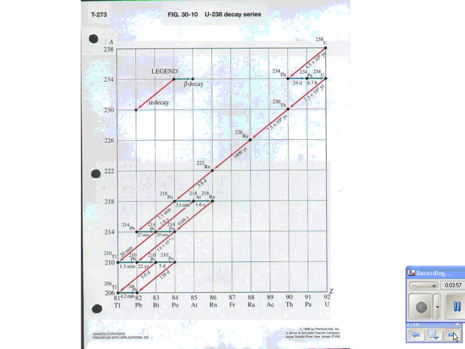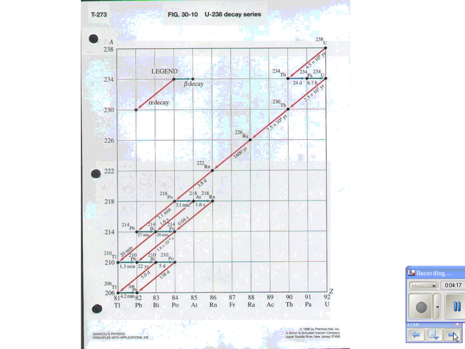Palladium-234, which then will decay into uranium-234 with a half-life of 6.7 hours. So it goes from 238 to thorium to palladium, now you're back to uranium again. We're back to uranium, but it's a different isotope of uranium. Now it's uranium-234, which will decay into thorium again, but now it's thorium-230, which goes to radium, to radon, to